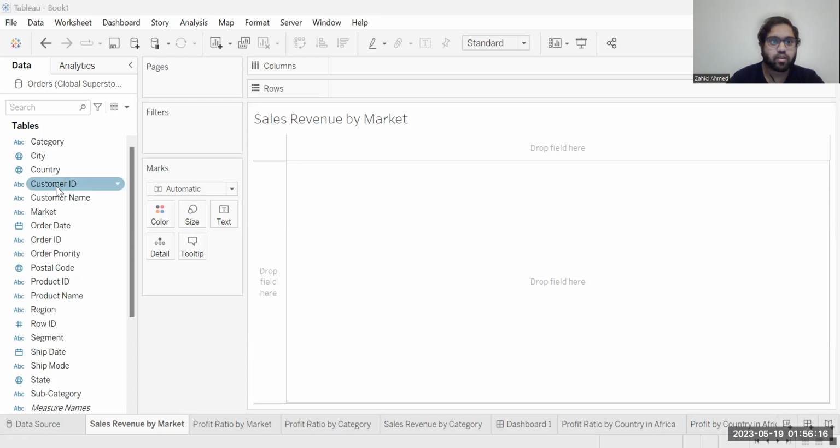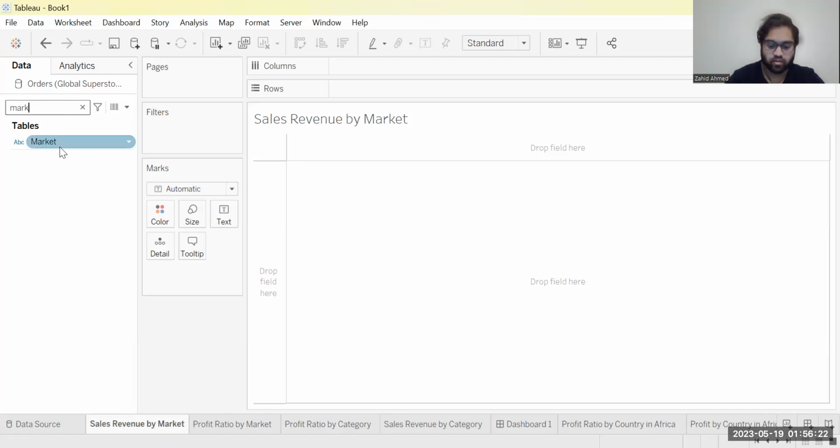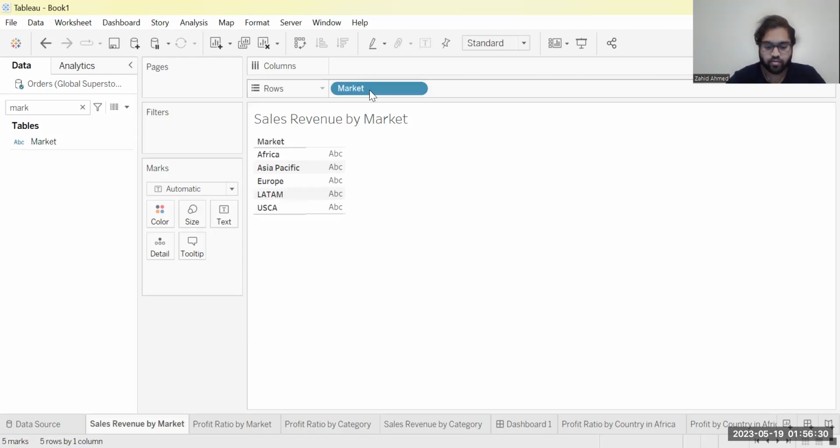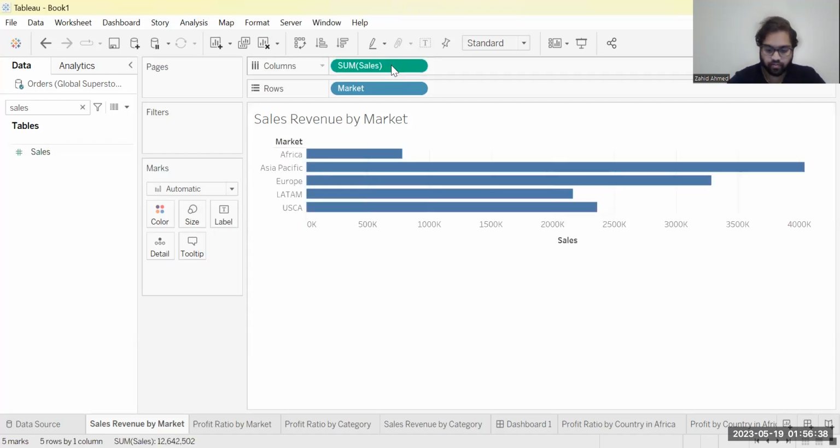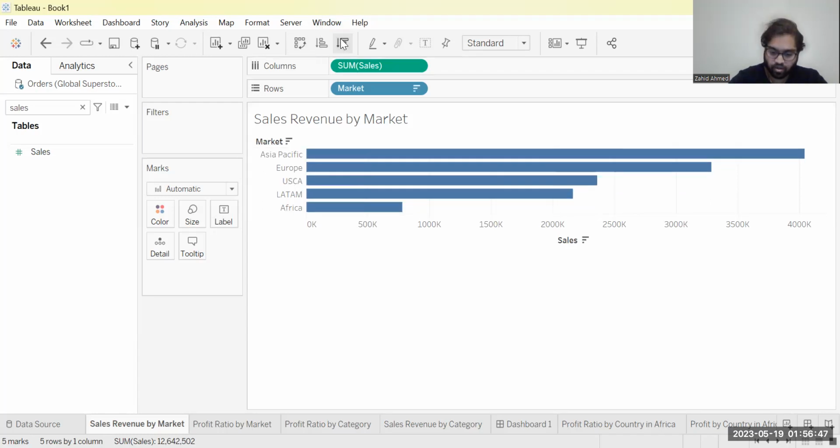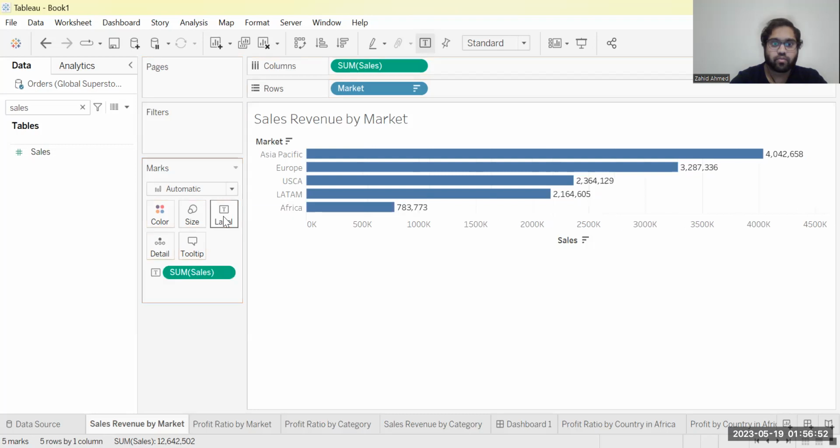So let's drag market to the rows. And then let's drag sales to the column. Okay, now let's make it descending order and drag sales from the label. Let's drop it here. And then we need to